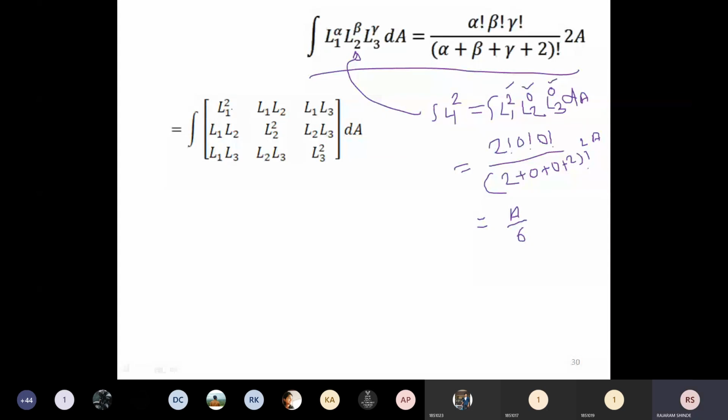Have you got it? Akshay Patil, have you got it? Yes sir, the answer is correct. Now what about the integration of the second term? You tell the second term. Those who have not got it, you can ask me again. See here, it is very simple. Don't miss it.